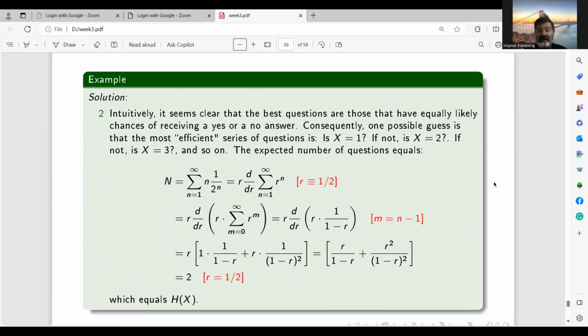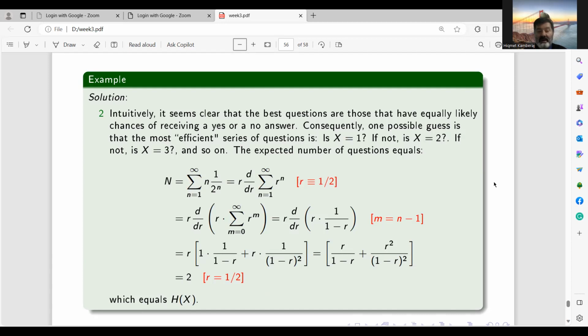Now, for the second part of the exercise, intuitively, it seems clear that the best questions are those for which we have equally likely chances of receiving a yes or no answer. Consequently, one possible guess is that the most efficient series of questions is: is x equal to 1? If not, is x equal to 2? And we can continue this way. If not, is x equal to 3? And so on. The expected number of questions equals this number, sum of n from 1 to infinite, n times 1 over 2 to the power n,